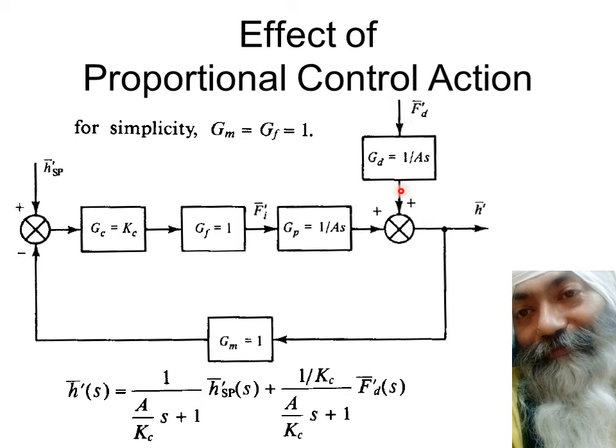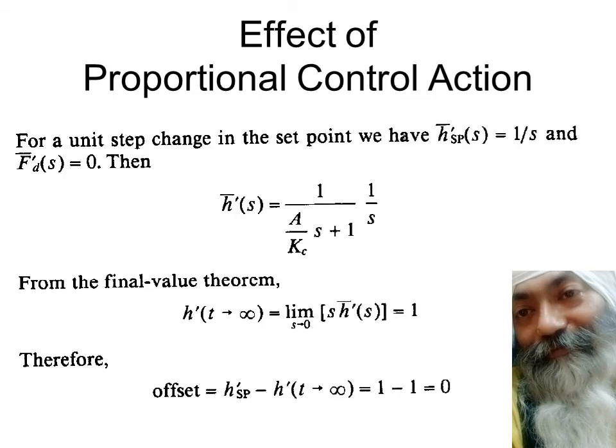Similarly for this, it is going to be this term as we had seen in the previous slide, and where we're going to take this thing to be 0 for the time being. We're going to take this thing to be equal to 1 upon S as it is the step change. As I said, this unit step change is 1 upon S, and this I have taken to be equal to 0, and the whole thing boils down to this.